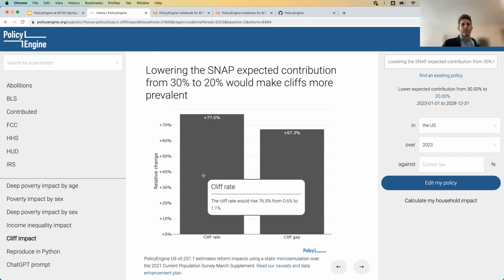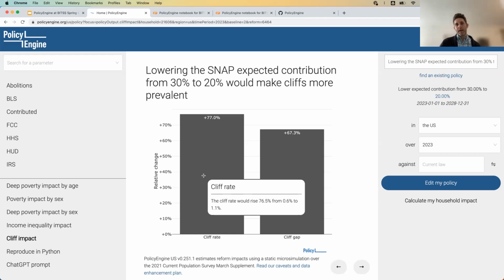We show both the impact on the percentage of people who would be subject to cliffs. That's the cliff rate, and right now we estimate that's roughly 0.5% of people. My guess is it's probably closer to 5% once we add more benefit programs and all the state income tax models across the country.